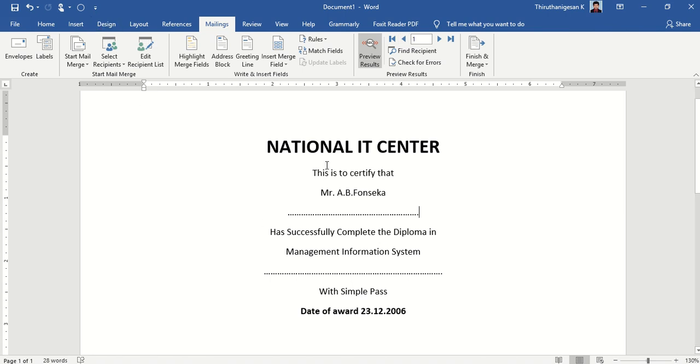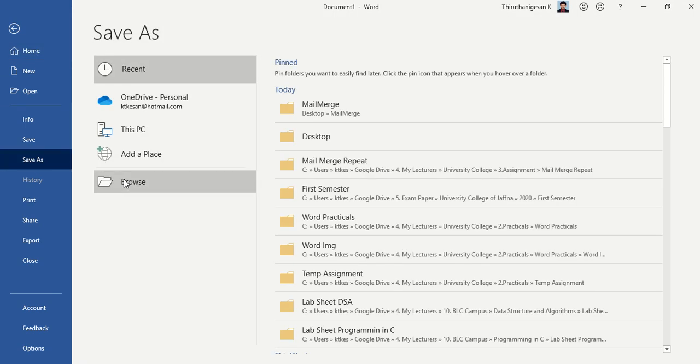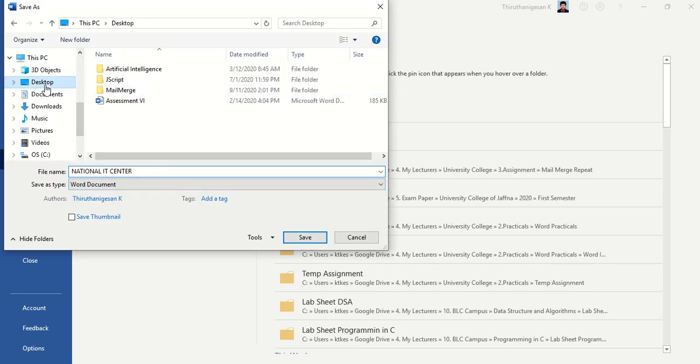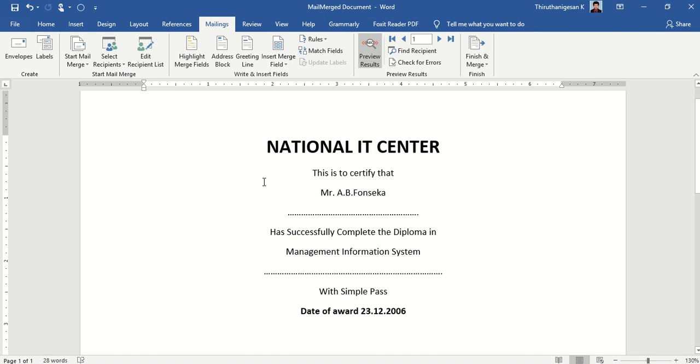Finally now I want to save this document: file, save as, browse, desktop, inside the mail merge. So this is the mail merged document.